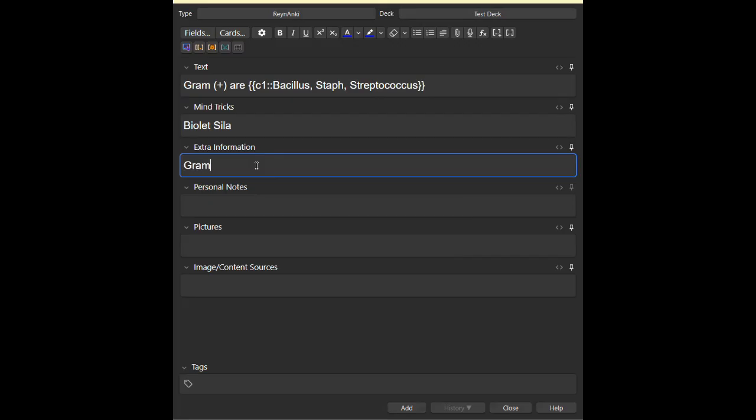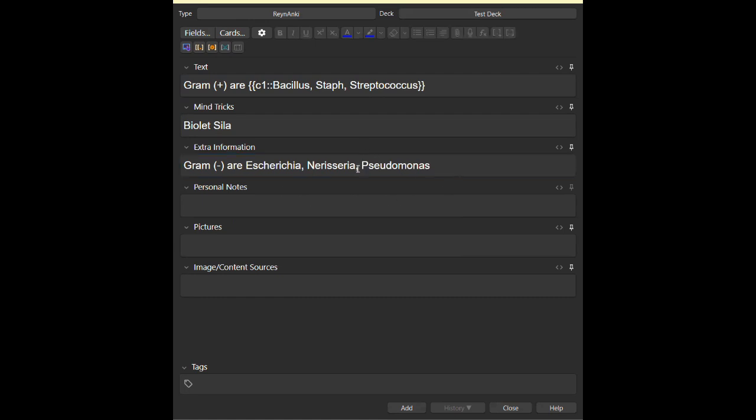Let's say, let's talk about gram-negative. Gram-negative are Escherichia, what's that one? Neisseria and Pseudomonas. So it's just extra information. Personal notes, this will be left empty because these are your personal notes.